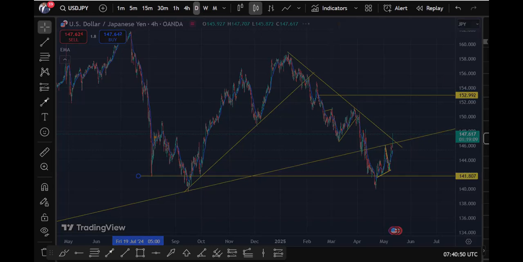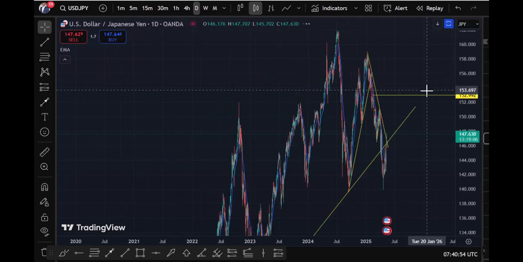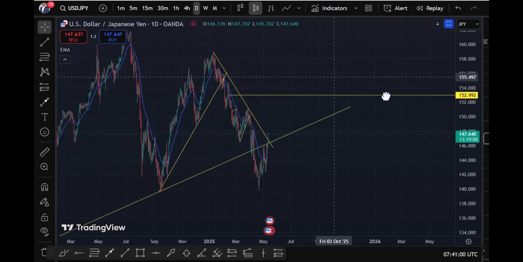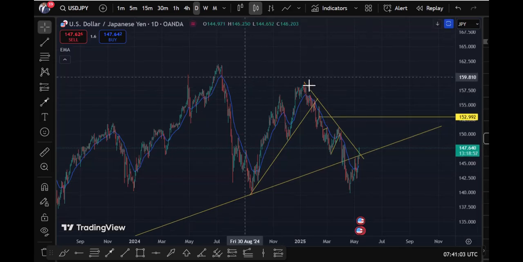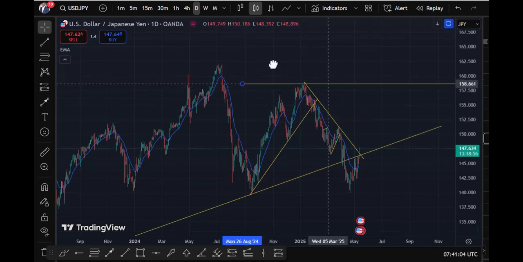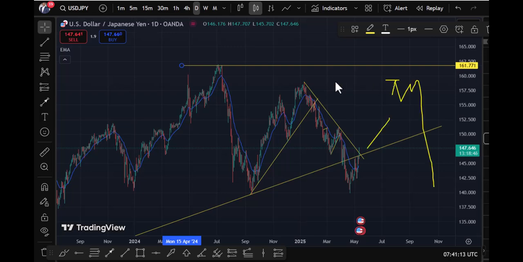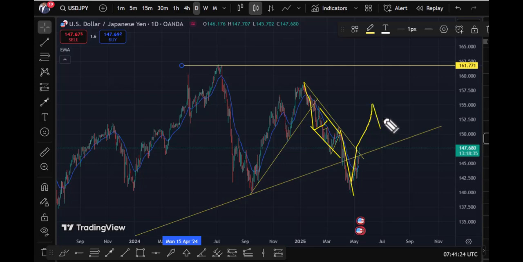If you go to the daily charts, you see that if care is not taken, this might break this high again. So we expect this to keep pushing high because it has completed the structure that we waited for. That structure we waited for here: impulse, correction, impulse. So we expect this to keep pushing high before it gives us a pullback, and there we go. So that's on the dollar yen.